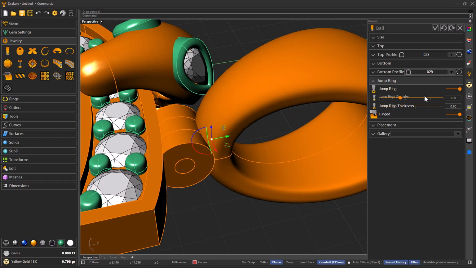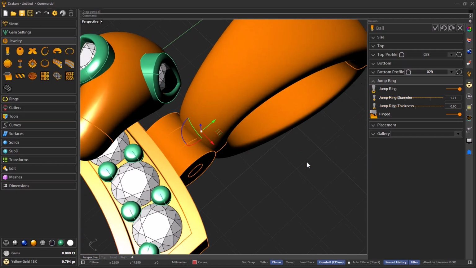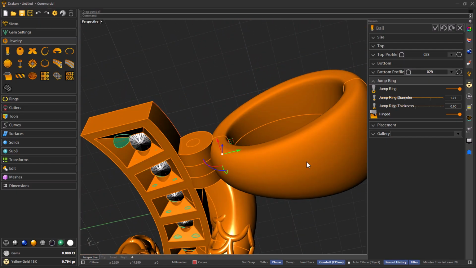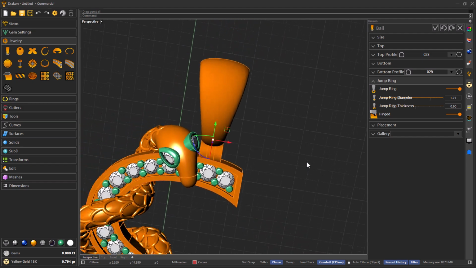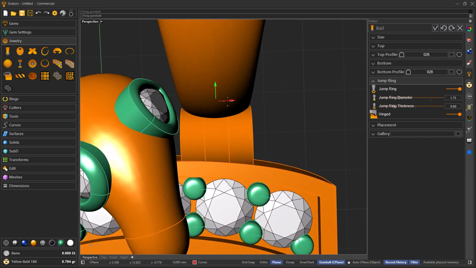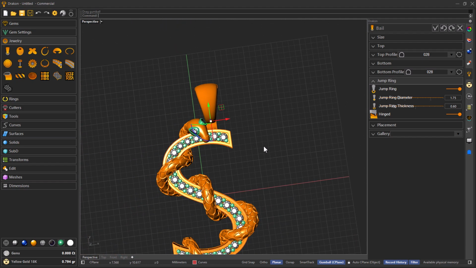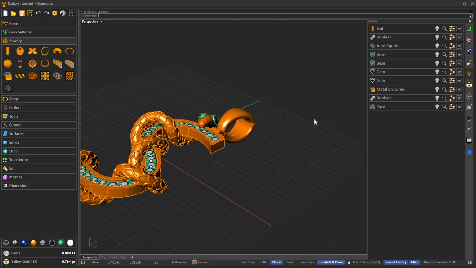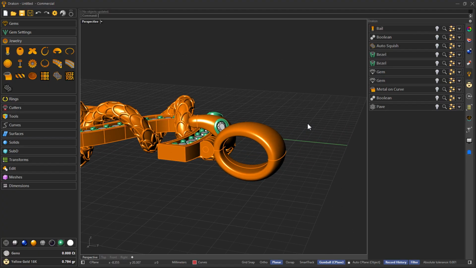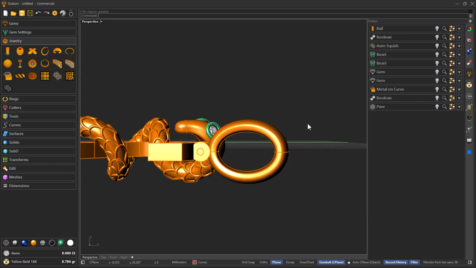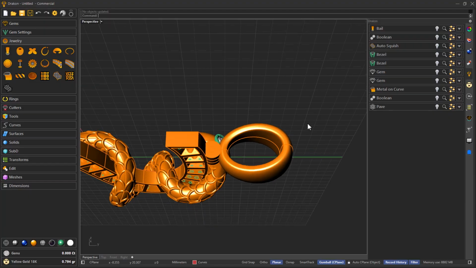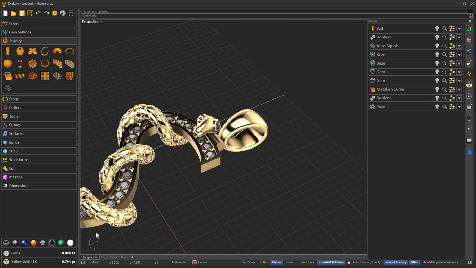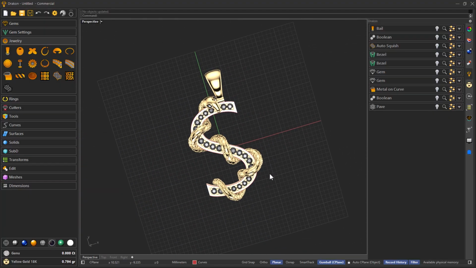So let's say the diameter 1.75, and finally I think we could make the booleans to make sure that the jump ring will meet the requirements. What I want here is to make sure